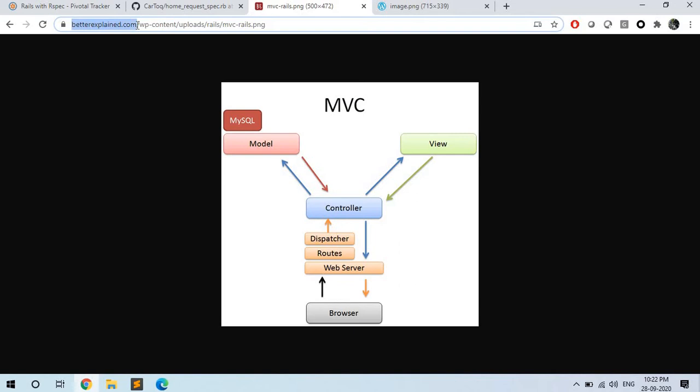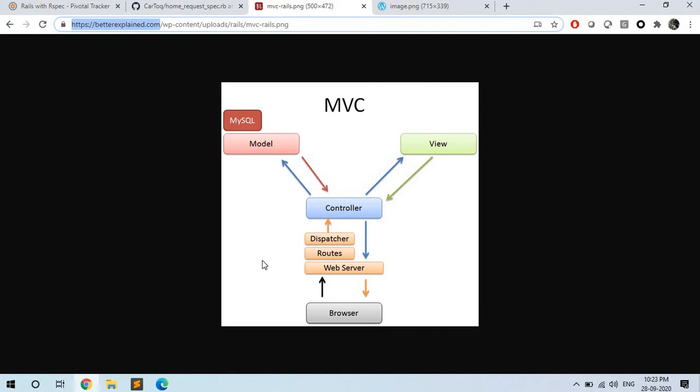like for this video, it is currently hosted at betterexplained.com/wordpress content/upload/ all these things. So this is the domain name. Your browser resolves this domain name to a particular machine IP address. The next part is the routes that begins here, and this is handled by the domain's web server. So anything apart from .com goes into the web server, which then looks into its routes and dispatches you to